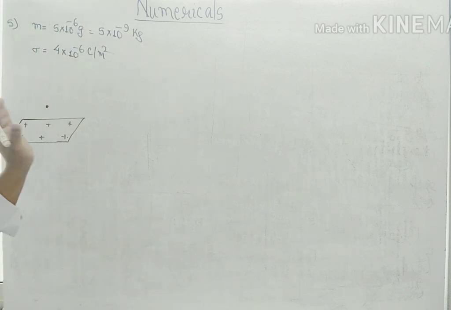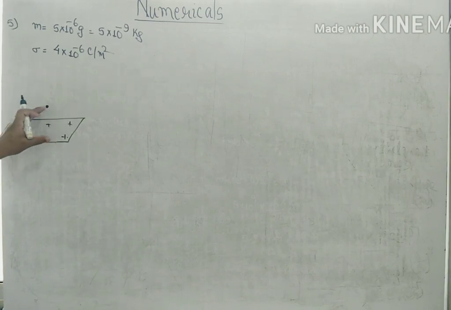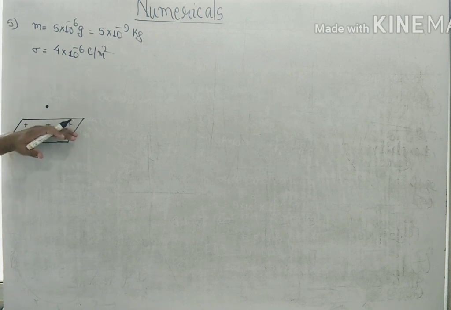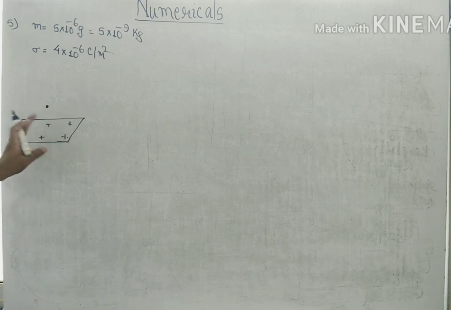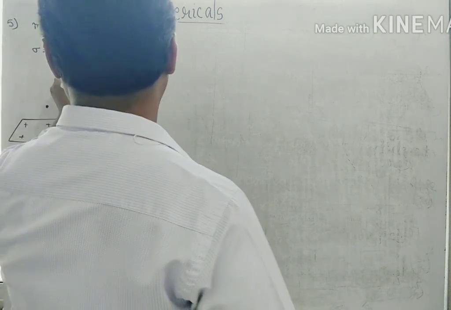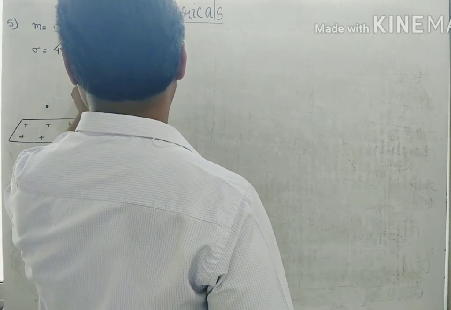So when released, what charge is given? We'll assume Q charge is given to this particle. When released, the surface charge distribution on this sheet will apply a vertical force, and that force will be balanced by the weight of the particle, and it will be in equilibrium, at rest. So for the equilibrium,